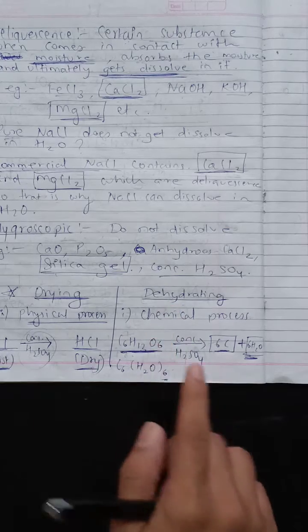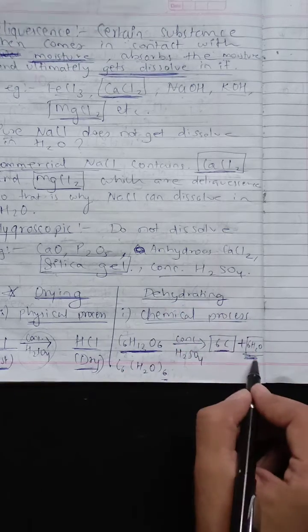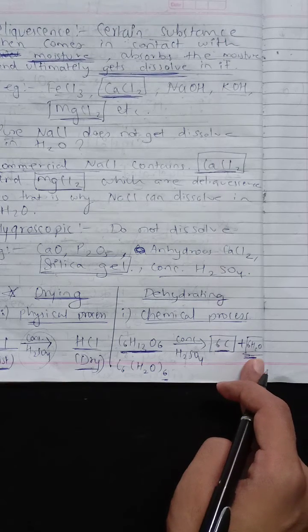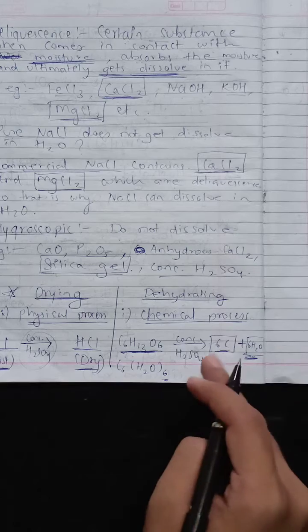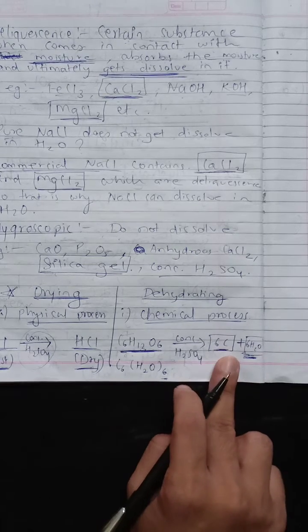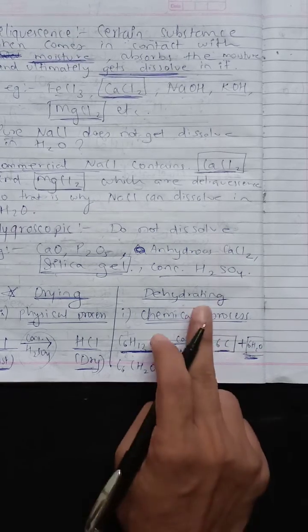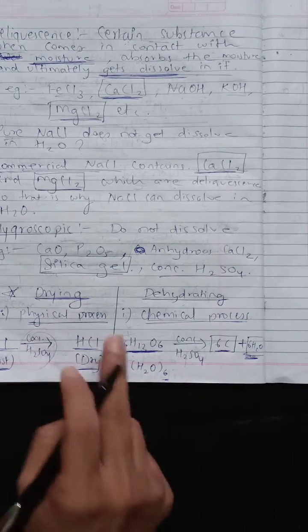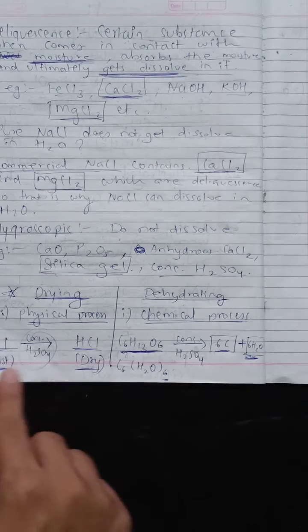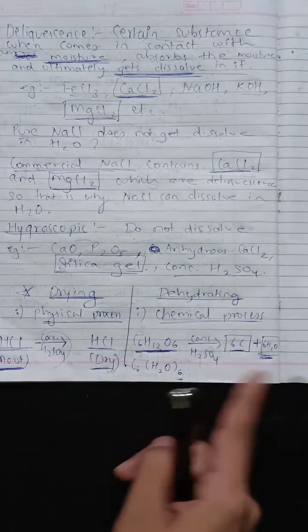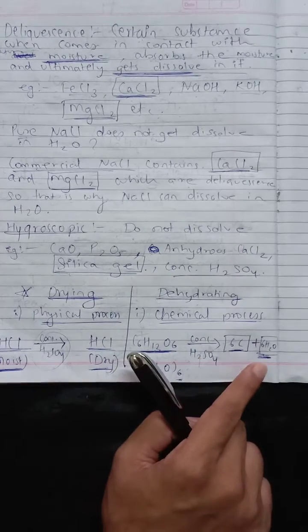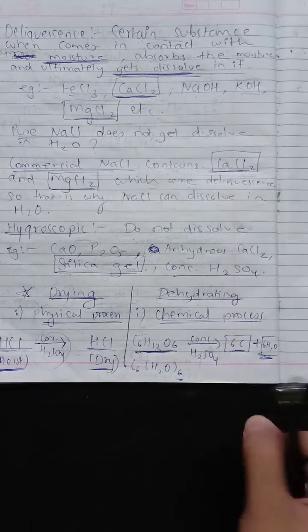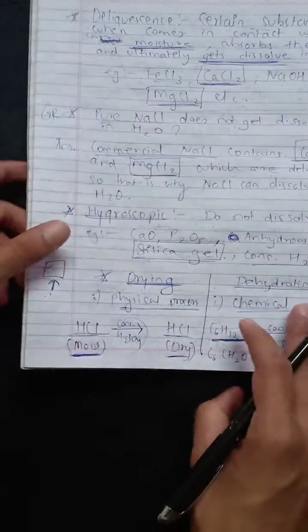So dehydrating is considered as a chemical process. Why? Because water has been removed chemically. Okay, water has been removed chemically, and only 6C is left. So what it shows is that dehydrating is a chemical process, whereas drying is a physical process. Okay, because here the formula is not changing, but here the formula is changing because it has removed the water molecule completely. Okay, अभी ग्लूकोज का जो वाटर था वो completely remove हो चुका है. They might ask you a question.